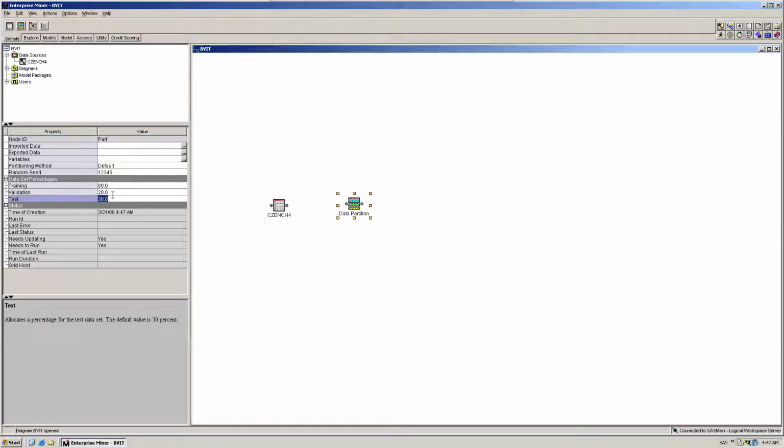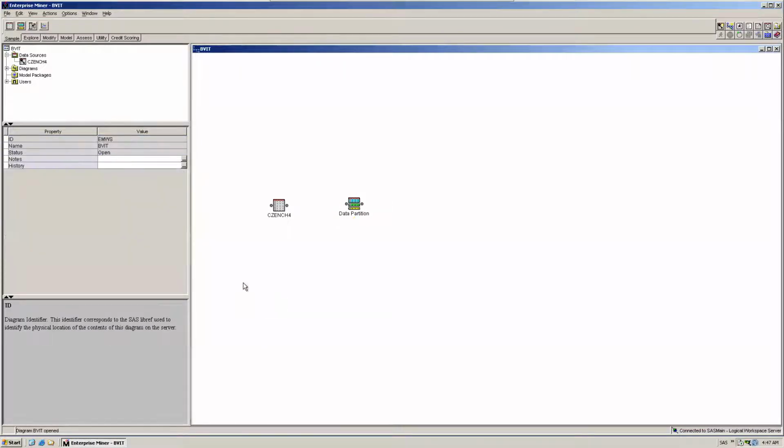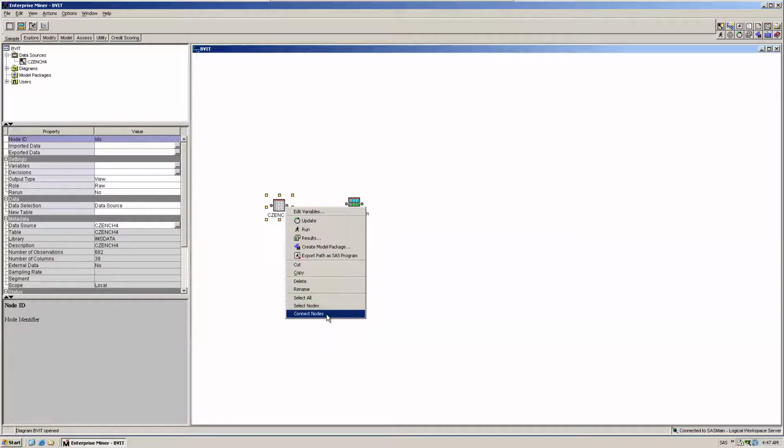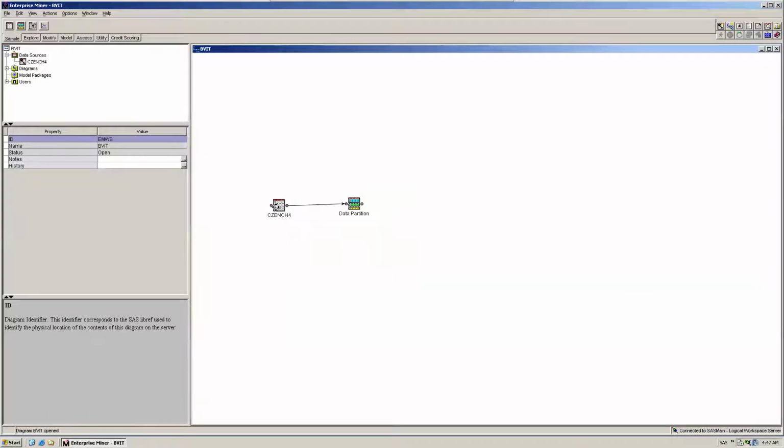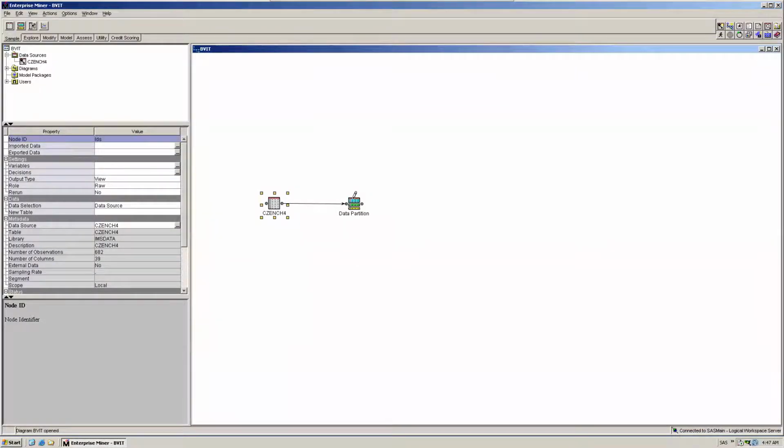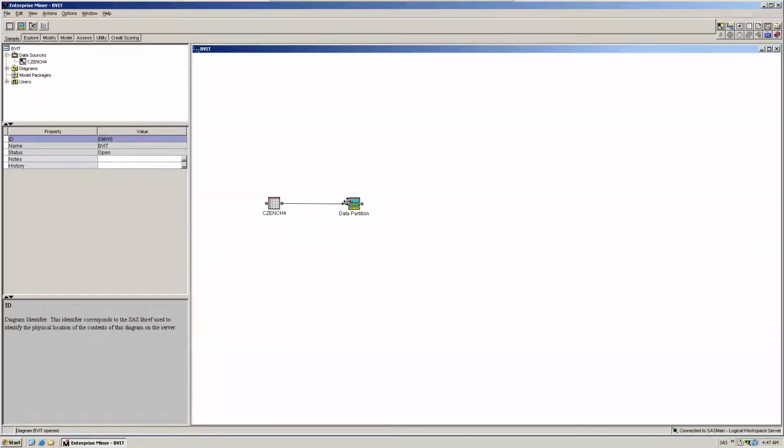Even in R the same thing, SAS the same thing, everywhere it is the same thing. Connect the node with data partition. The population data splitting into two parts, that is the SEMMA beginning.